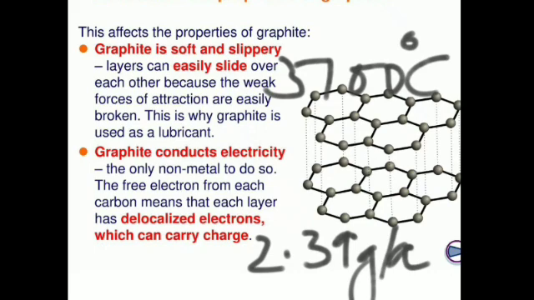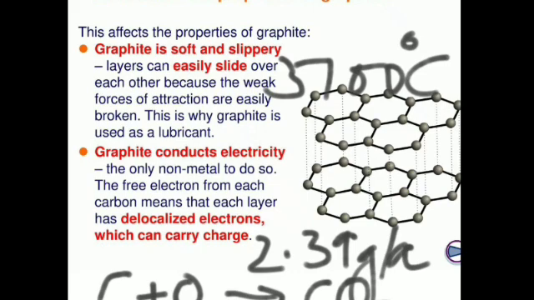It leaves a black mark on paper, as you know when you write with a pencil. That is the property which is used for writing. Then it is a good conductor of heat and electricity because of the presence of free electrons, and it produces carbon dioxide gas when it is burned in air. That is, graphite is a form of carbon, and when it burns in air, it forms carbon dioxide. So these are the properties of graphite.